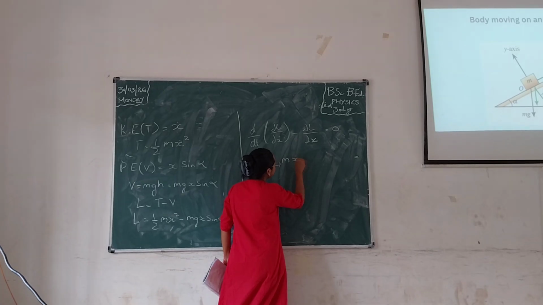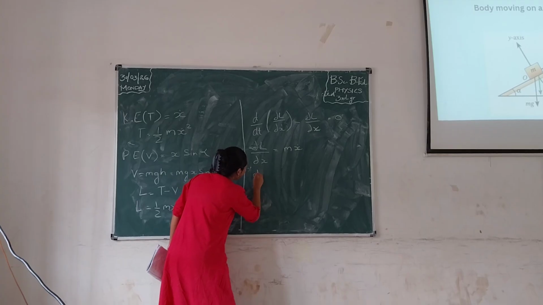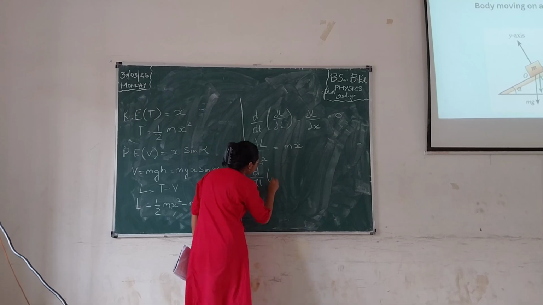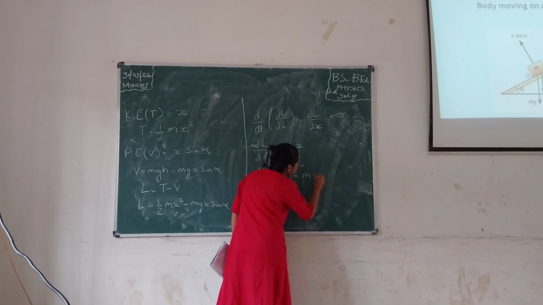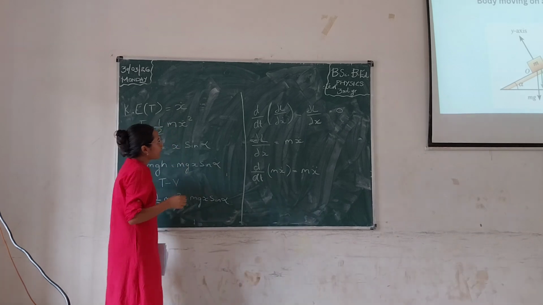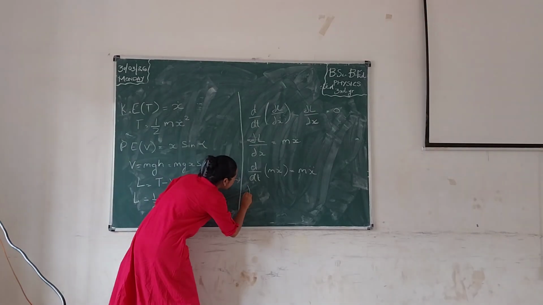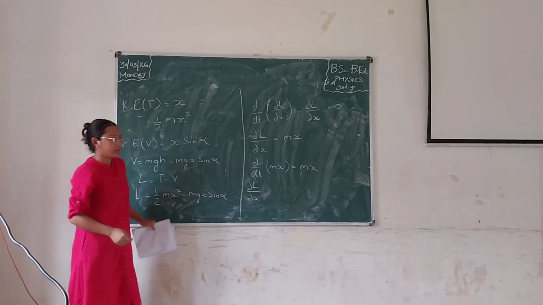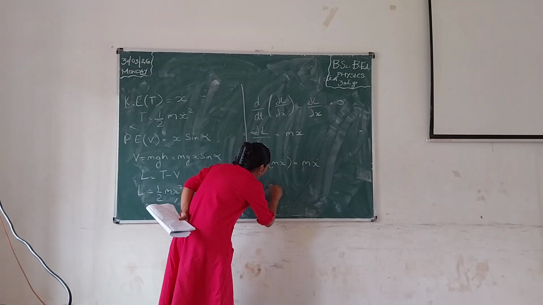dot. Then we will take the time derivative, so d by dt of dou L by dou x dot is equal to m x double dot. X double dot here is the acceleration. Then we will differentiate L with respect to x, dou L by dou x. So here x is only in the term V, we will only take the term V, that is equal to